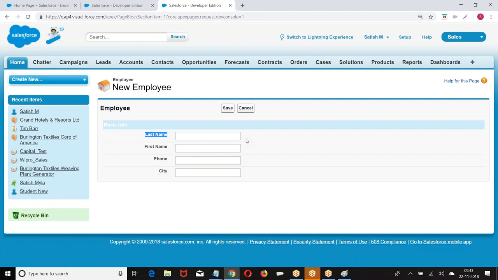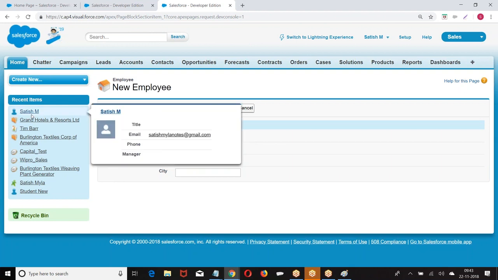I hope you are good with this. Clear for everyone? Okay. Let us go to the remaining elements. What are my remaining elements? I want to create pick list. I want to create radio buttons. I want to create checkbox groups. So how will you create? This is good for everyone. Everyone followed this example. Clear for everyone?